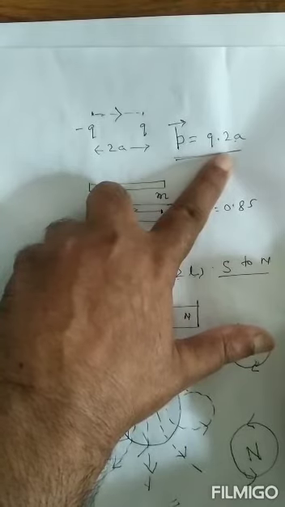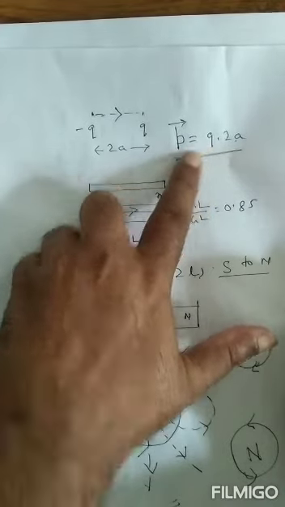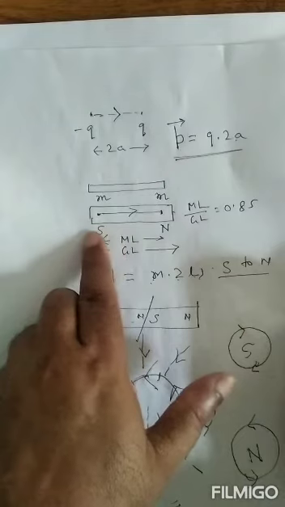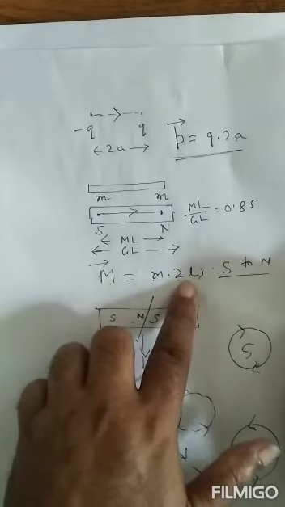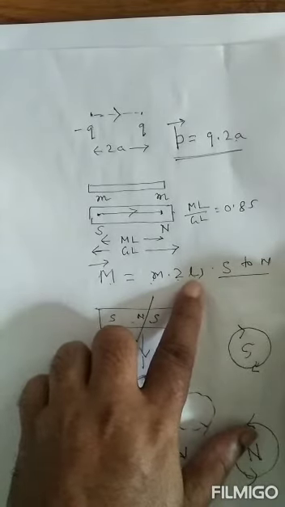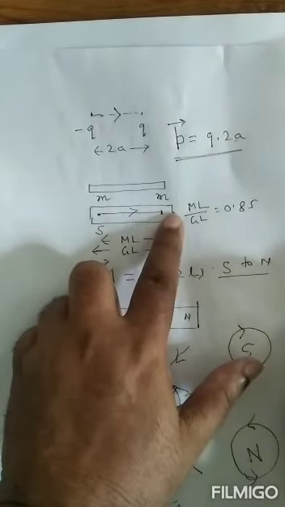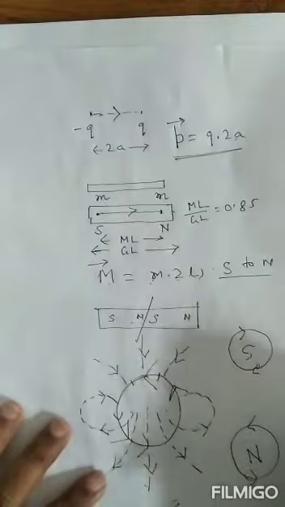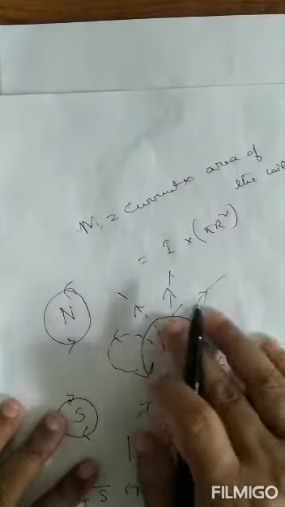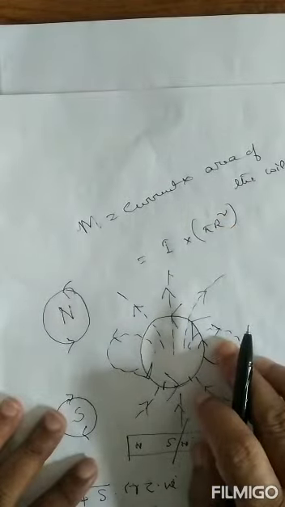In electrostatics, isolated charges are possible. In bar magnet also, north pole and south pole separated by small distance constitute a magnetic dipole, and magnetic dipole moment is pole strength into separation between two poles. Direction of magnetic dipole moment is from south pole to north pole. M is the pole strength. And when we take the current carrying circular coil or current carrying loop, it also behaves like a magnetic dipole. And what is dipole moment? It is current into area of the coil.